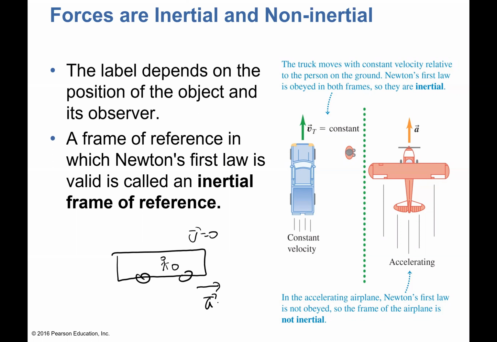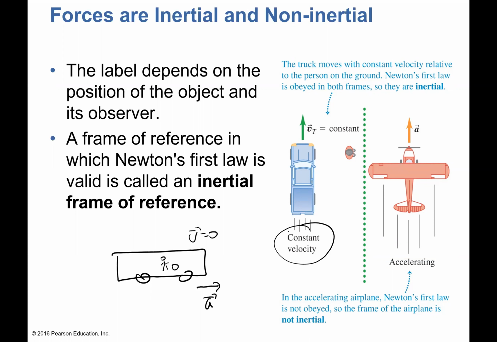Think like this: what happens when the bus starts speeding up forward? Well, the ball is going to start sliding backward, right? Nobody's pushing, nobody's pulling, but as soon as the bus starts speeding up, the ball rolls backward. When the bus starts slowing down, you hit the brake, the ball is going to roll forward. Again, nobody's pulling or pushing. Well, that's an example of a non-inertial frame of reference,